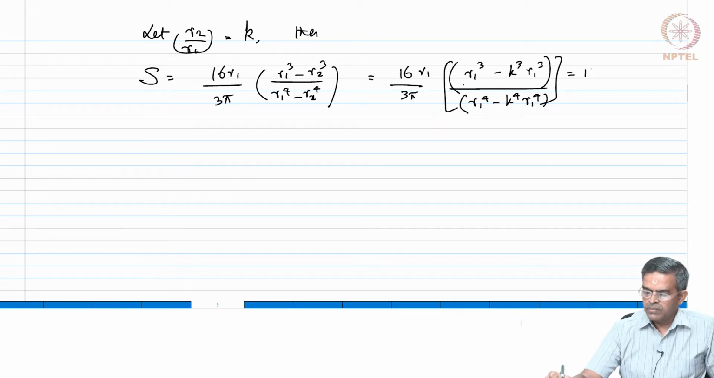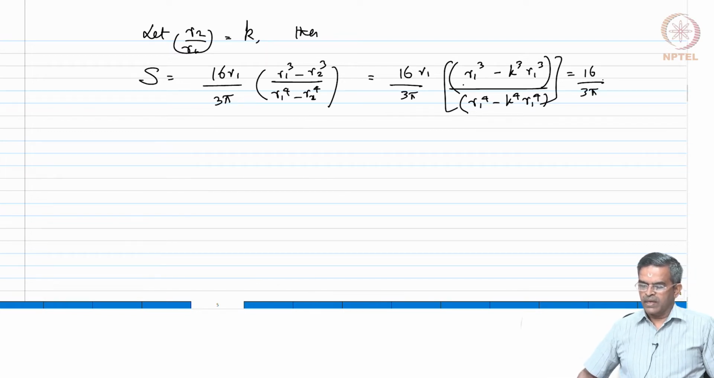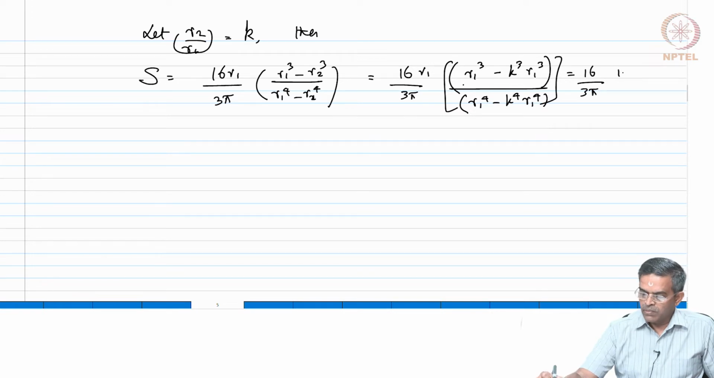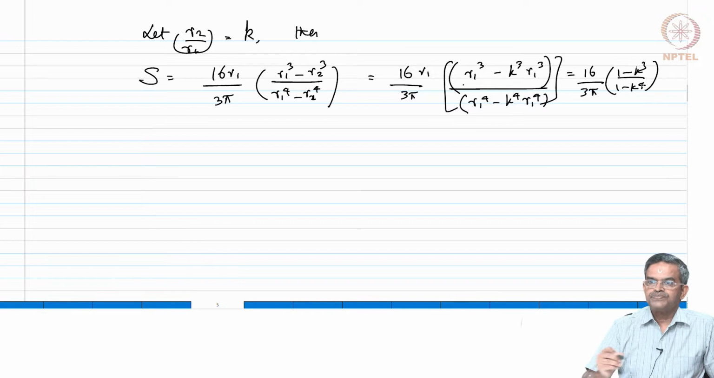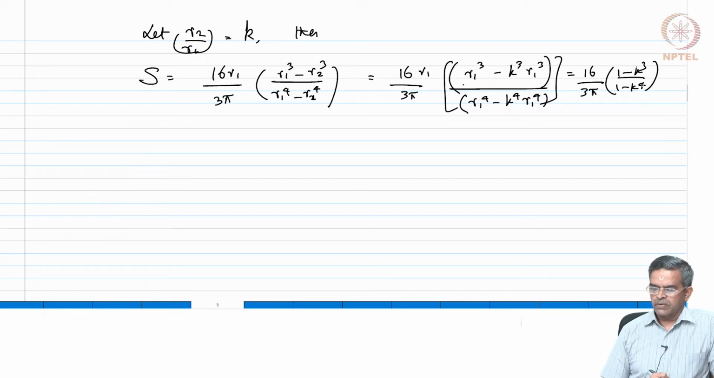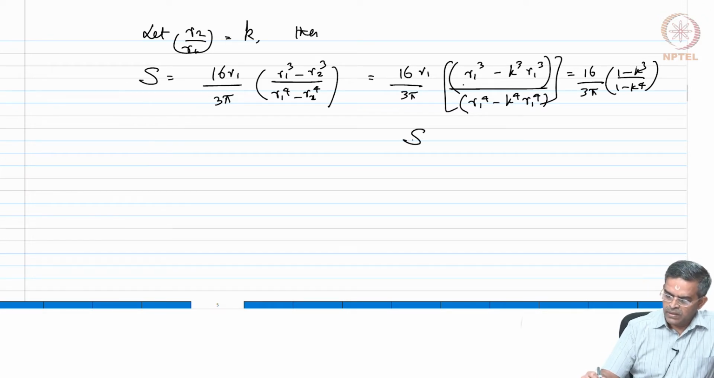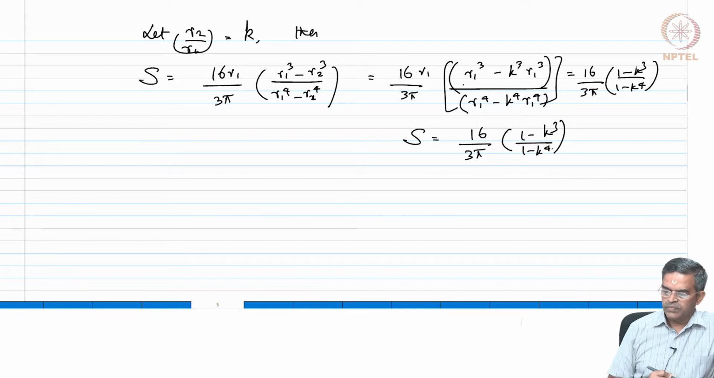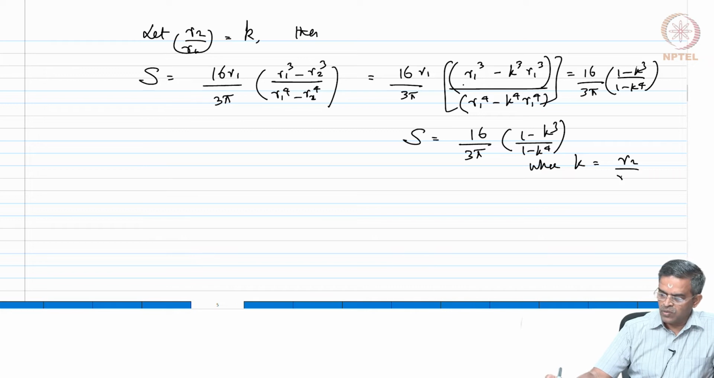which will now become 16 by 3 pi, because R1 will all get cancelled, (1 minus K cube) by (1 minus K^4). Okay. So, shape factor is given by 16 by 3 pi (1 minus K cube) by (1 minus K^4), where K is the ratio of the radii,